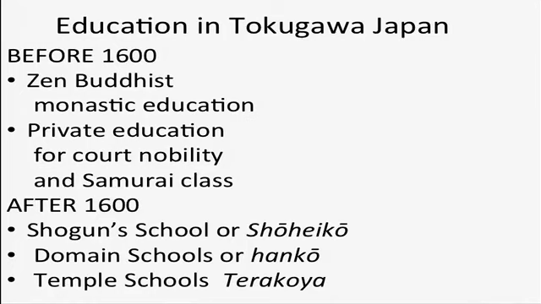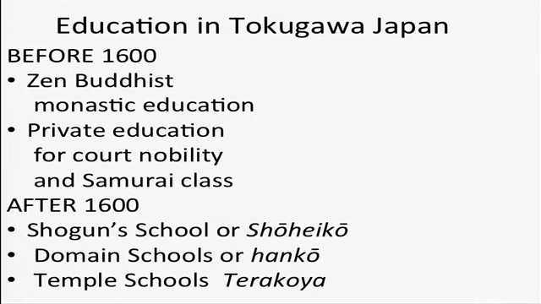What changes in the Edo period is that we have an early modern system of education that's available to most people in Japan. This is, I think, a really big and important deal. So we discussed the school of Hayashi Razan in the capital, the Shoheiko. If you are a samurai and you are really smart, you can aspire to go to Shoheiko. To get to the Shoheiko, you have to first go to the domain school, which is the local domain,